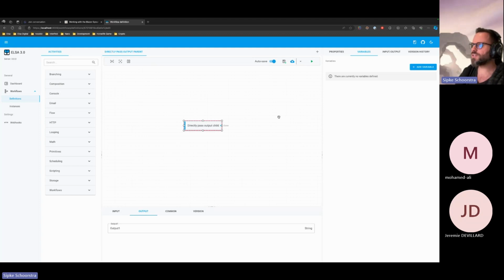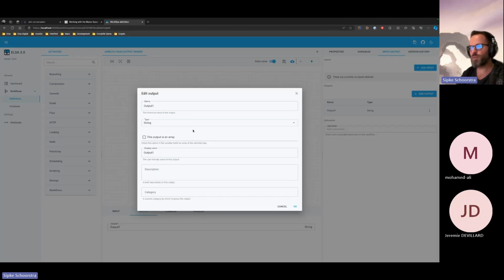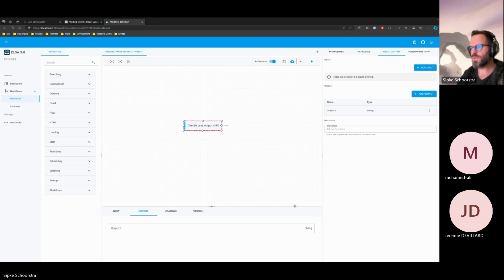But with this change, it also allows you to define another output of this parent workflow and directly assign the output of this activity to this output here. The name output1 is reused, but it doesn't have to be this name. We can use whatever we want, like output2, and then we assign it output2 like here. And the effect should be that if we